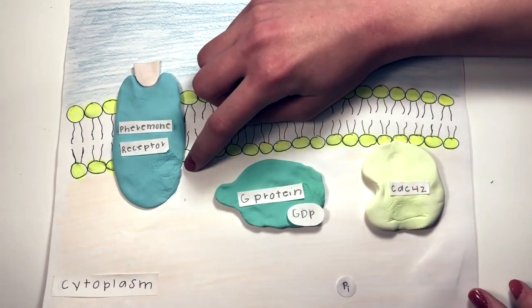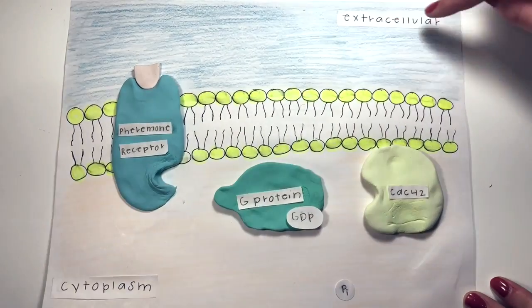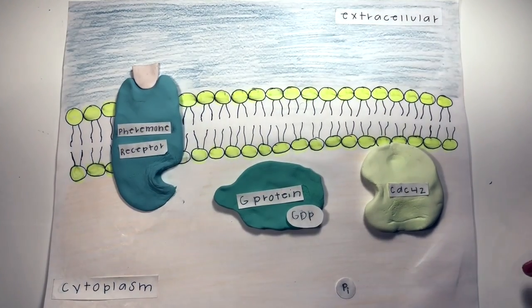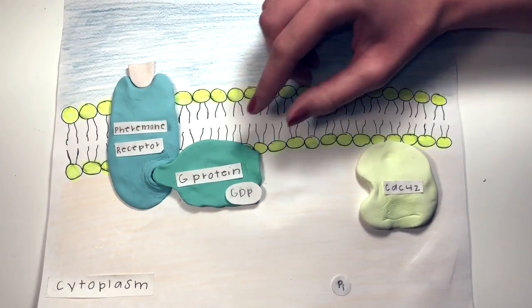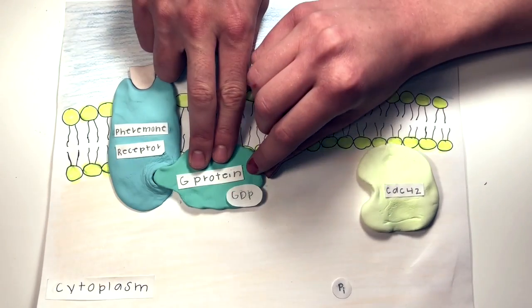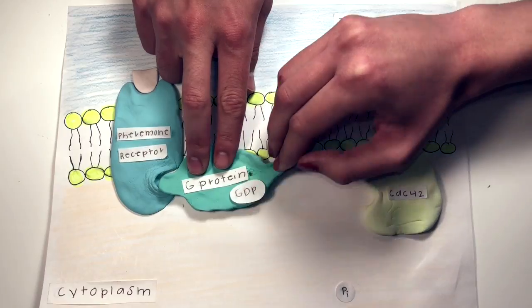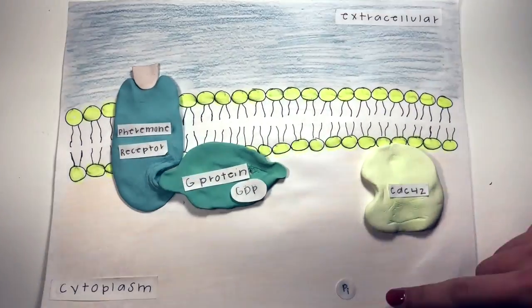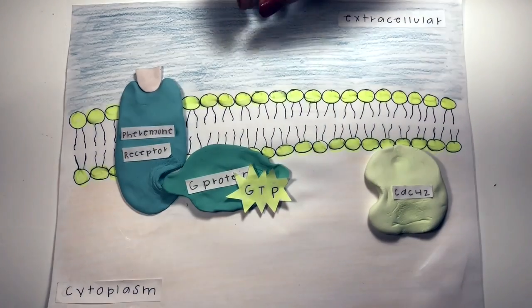When the signaling molecule binds to the pheromone receptor, the receptor changes shape. Inside the cytoplasm, the inactive heterotrimeric G protein, which has a GDP molecule attached, binds to the newly shaped receptor. This changes the G protein shape and causes an inorganic phosphate to bind, transforming the GDP into GTP, which activates